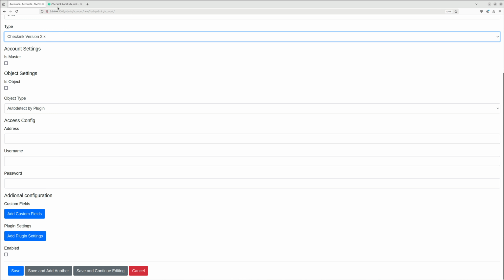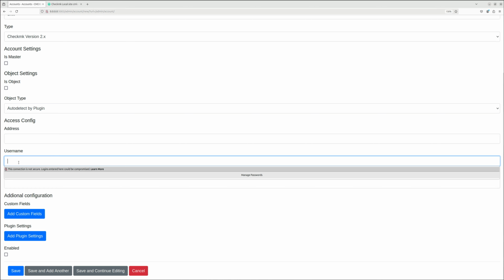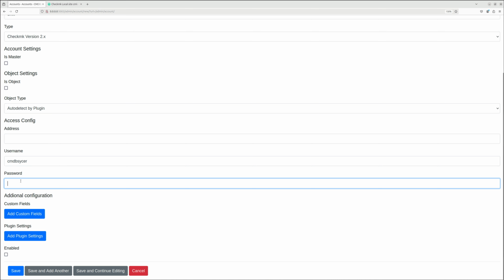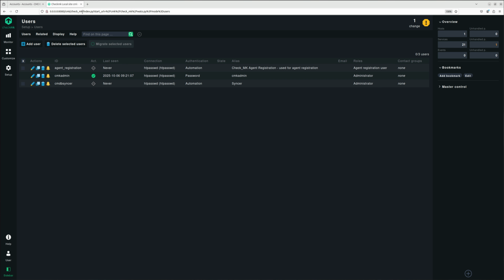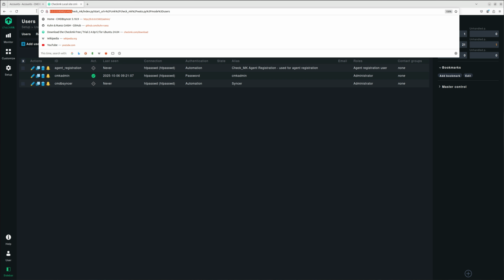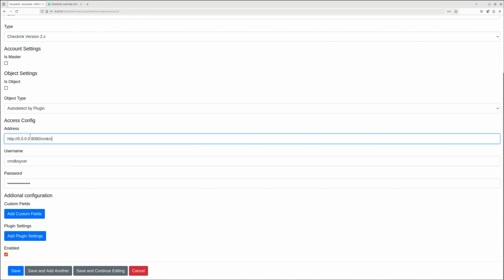The address, we need to copy the address of the Checkmk site. But first I'm gonna set CMDB syncer here and paste my clipboard in here. I need to set it to enable, and then I copy the address of the site. Just put it here. If I go save and continue editing,